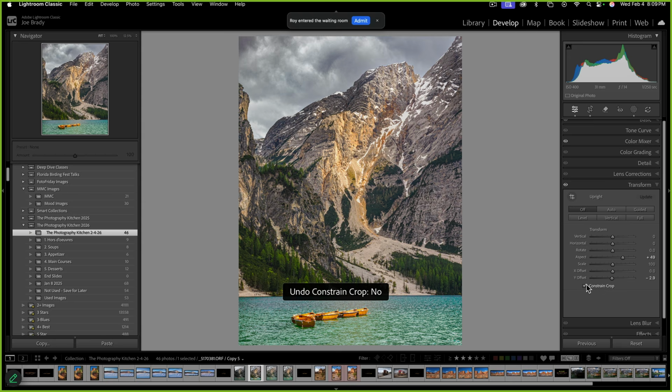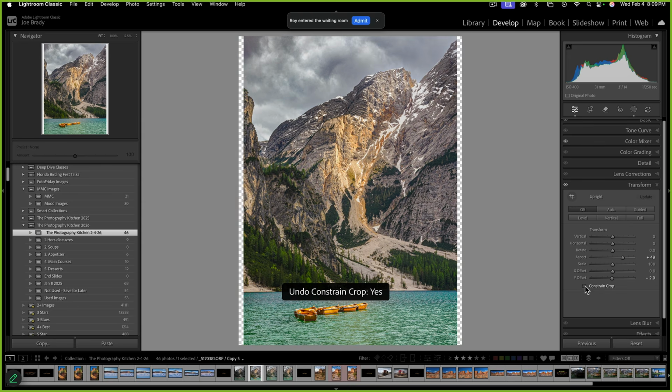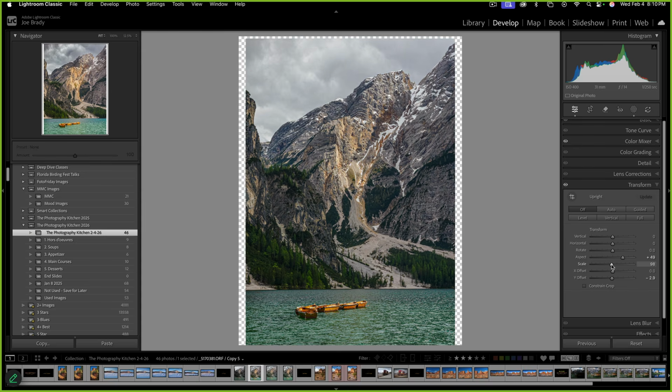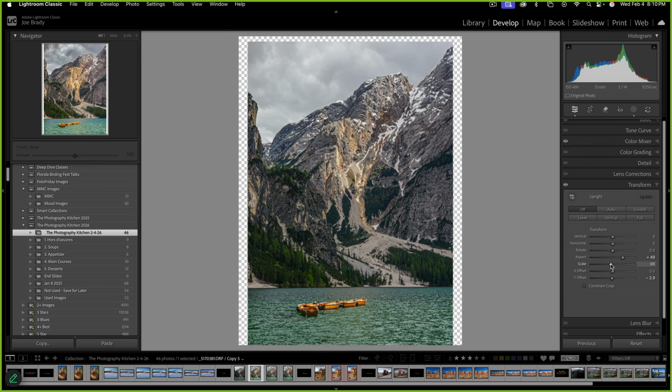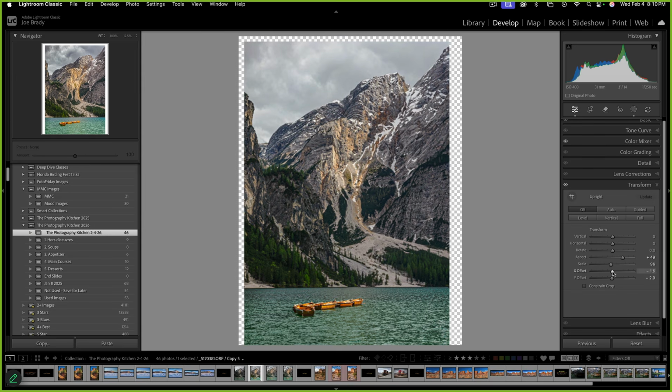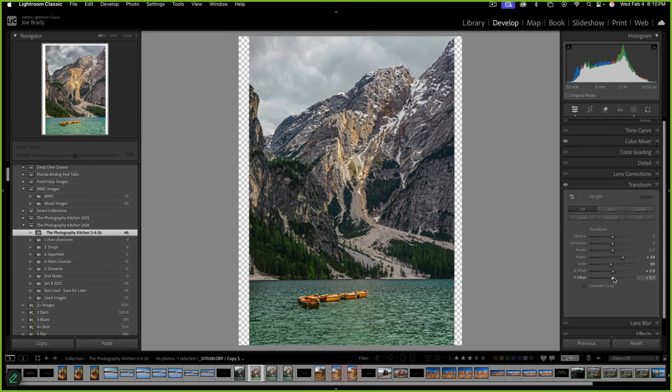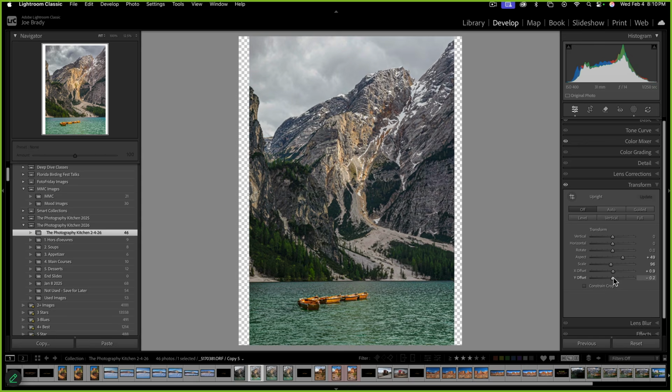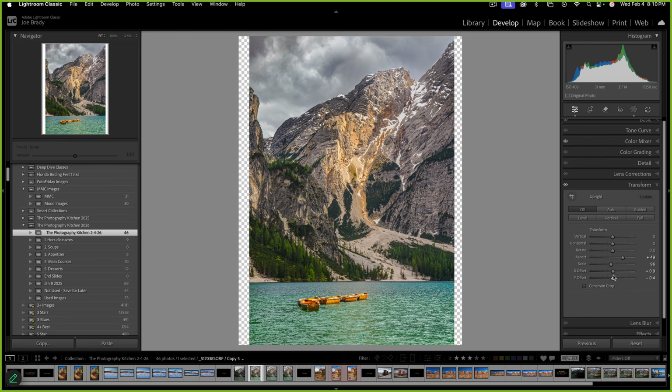I'm going to undo that because I like to do my crop manual after this. In fact, I'm going to scale it back so that we see the entire bit. Let's scale that back and then I'll bring, whoops, wrong one, and bring the Y offset up so I get to see the whole image. Yeah, that's better. So now I'll hit the crop tool